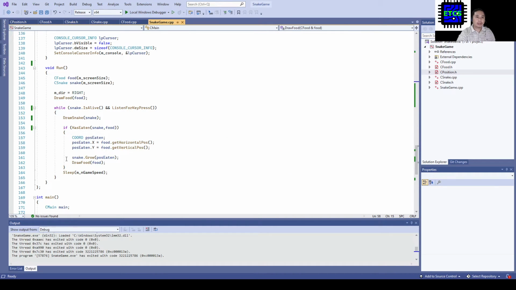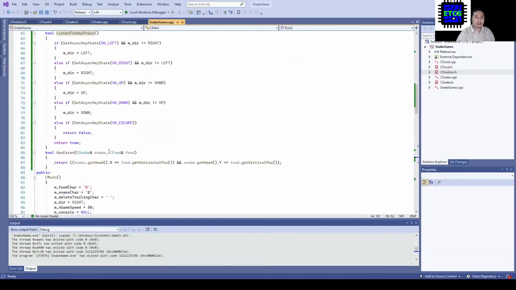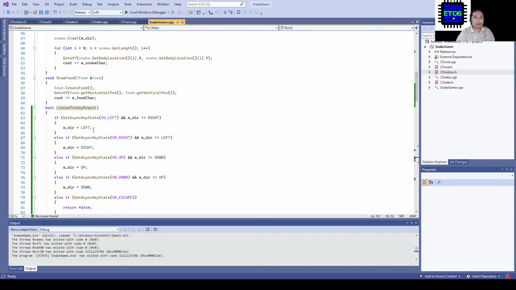After that, we have an infinite loop. In fact, this is not an infinite loop because we will check if the snake is still alive and we will listen for key press. For the listen key press, I'm using the get asynchronous key state so that while doing the infinite loop, anytime I could press the keyboard without interruptions, and after pressing it, whatever key,